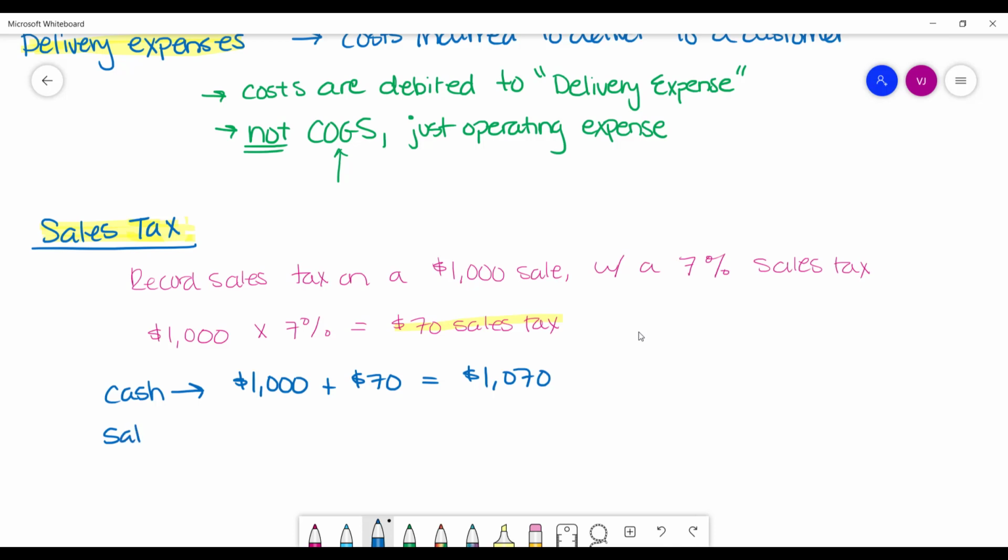So how much of a sale did you actually make? How much of that $1,070 is actually a sale? $1,000. Okay, well, the $1,070 doesn't quite balance out with $1,000. Well, that's because the other part of that is sales tax payable. How much of a sales tax is there payable to the government? $70. So again, you're getting $70 more than the actual sale. So you're actually holding on to that cash, but that $70 is not yours, right? That $70 actually represents a liability, the sales tax payable, that actually needs to go to the government.